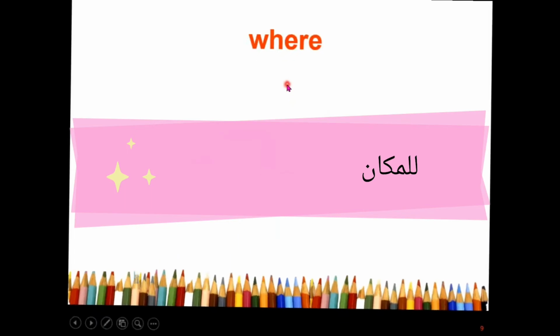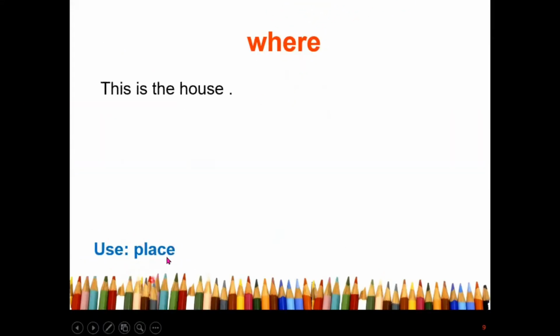Where? We said we use where for what? For place. Okay. We use where for place. This is the house. My uncle lives here. Where's the place in the second sentence? My uncle ولا lives ولا here. فين المكان في الجملة الثانية؟